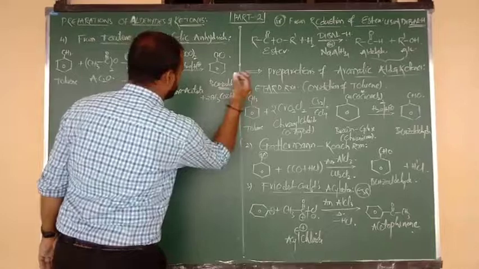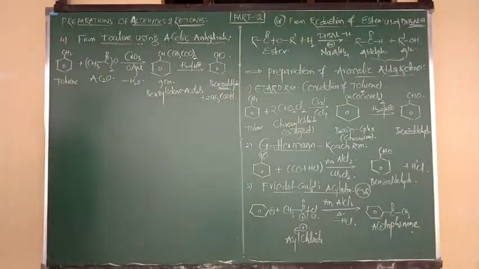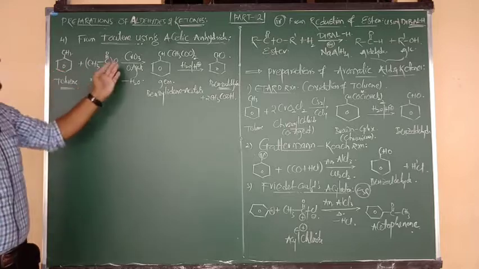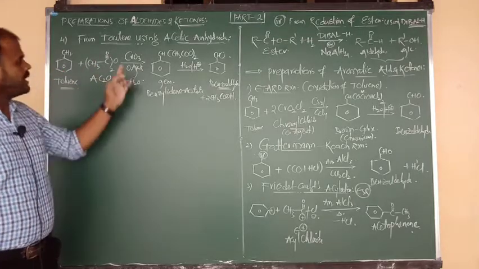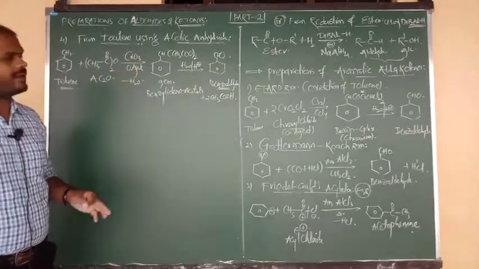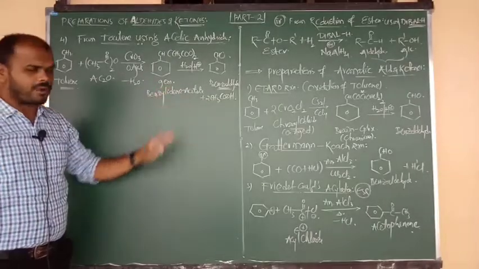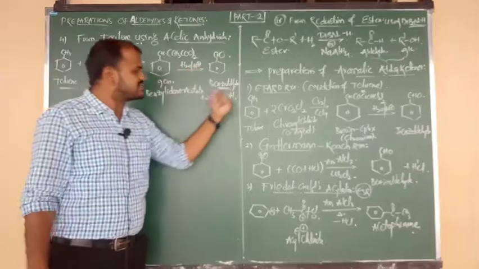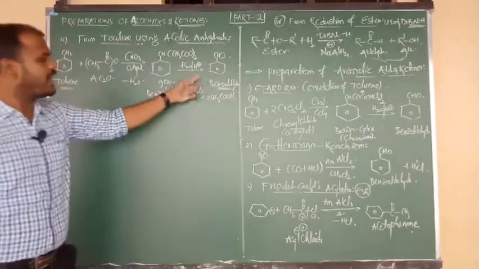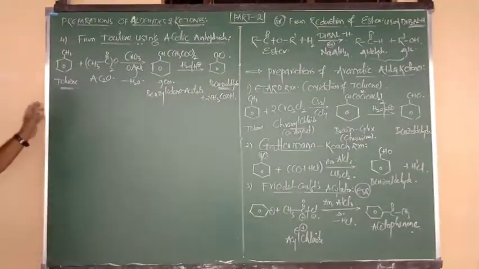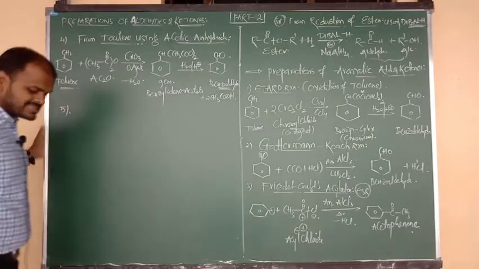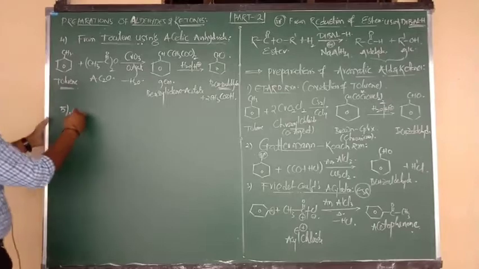This is your byproduct. Now I am going to give you the statement. Try to focus on the statement. Toluene on reaction with acetic anhydride in presence of chromic oxide gives a gem compound, or you can say benzylidene acetate, which upon acidic hydrolysis gives benzaldehyde, and the byproduct is nothing but what, beta? Acetic acid.